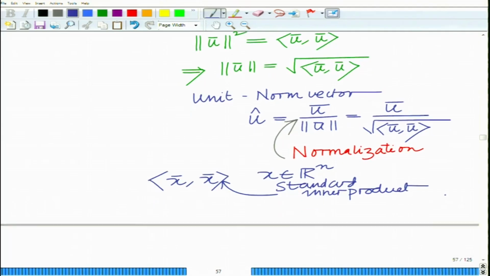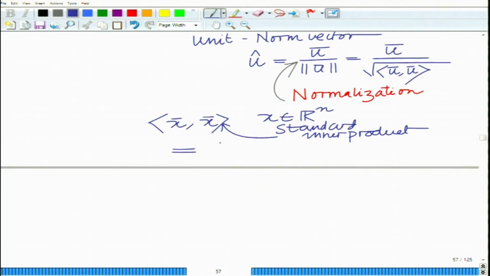We have already seen that the inner product of x bar with itself is x1 square plus x2 square plus xn square, which is nothing but the L2 norm square. So this is the square of the norm, and we have already seen this for the standard inner product. What this result says is that not just for the standard inner product, which is given by the dot product of two vectors, but any inner product on these two vectors x bar, y bar can be used to define a norm,